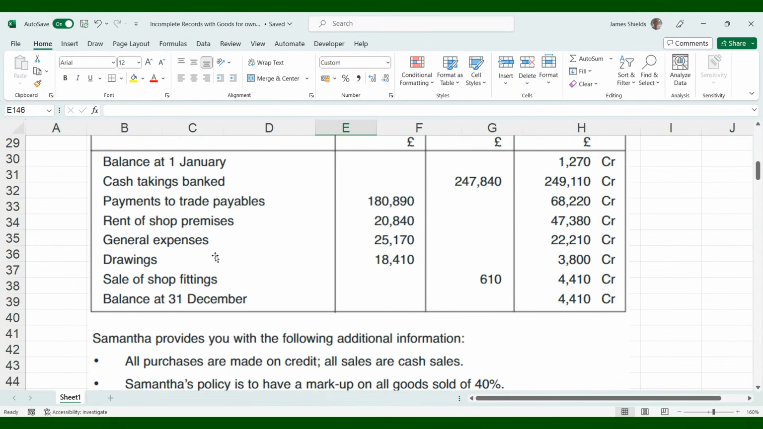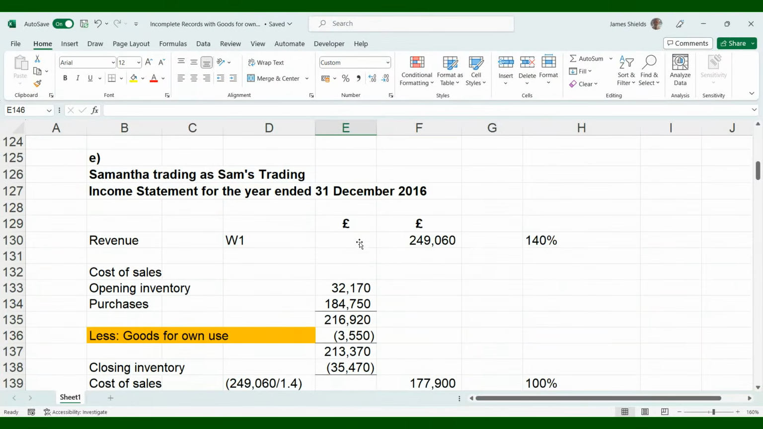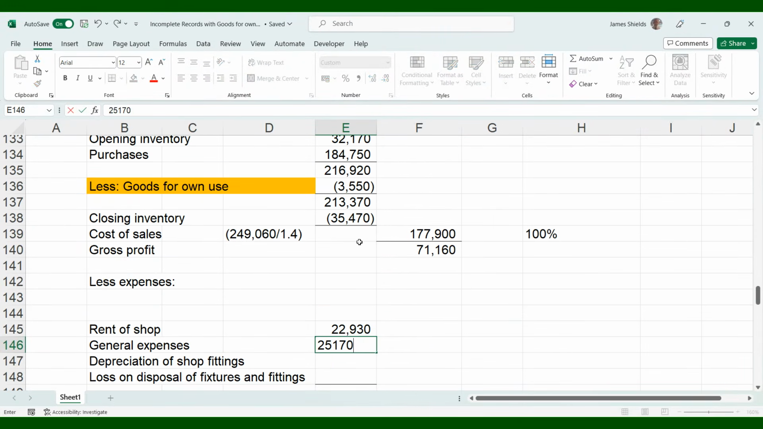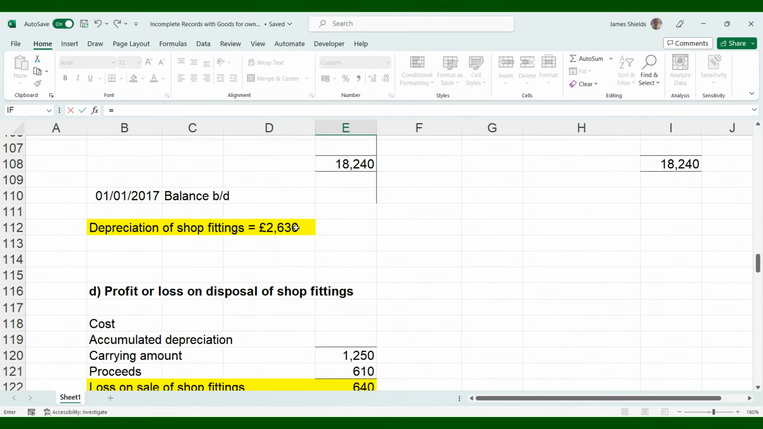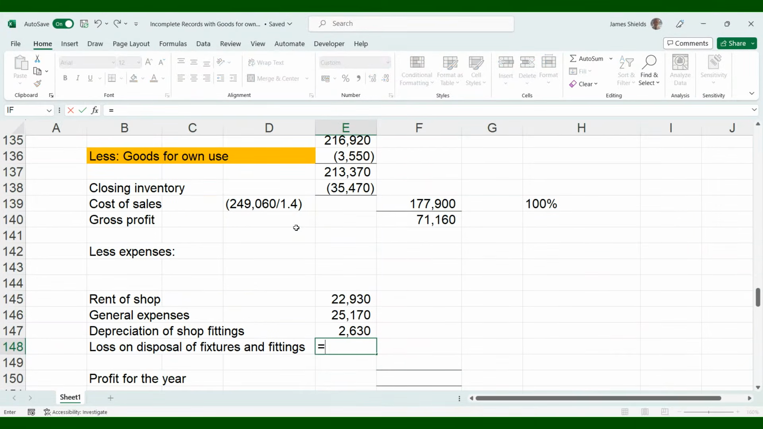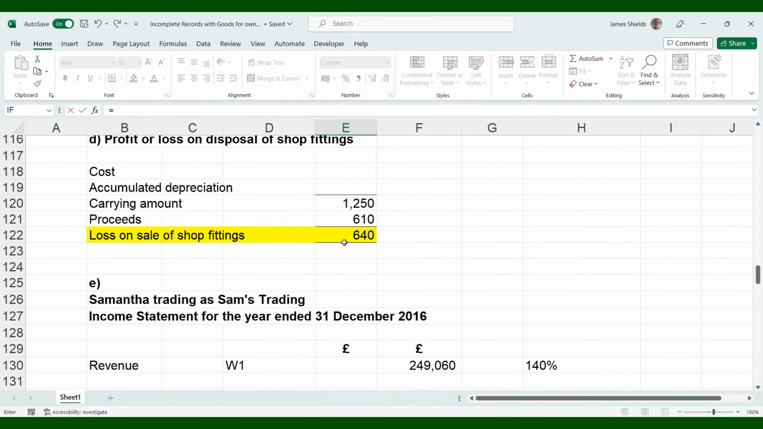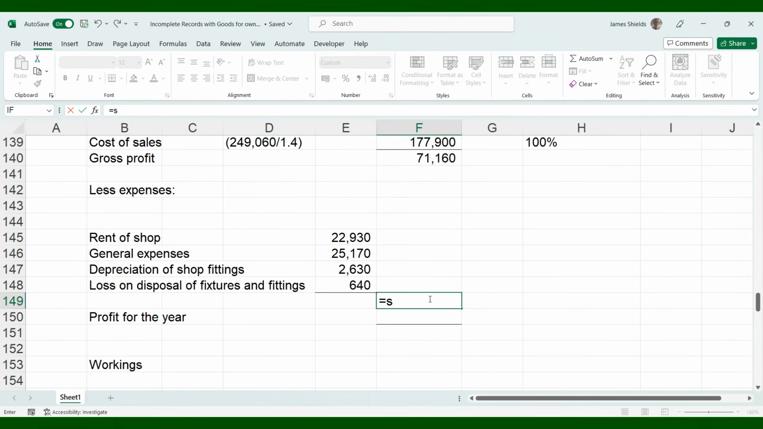Back to the bank statement next. What's the next on the bank statement? General expenses, so another expense. So it's 25,170. So £25,170. Depreciation of shop fittings, we worked that out. Again, that was earlier a while ago. We got £2,630. Loss on disposal, again, we worked that out a few moments ago, and that was £640. So now we can total our expenses. And we get